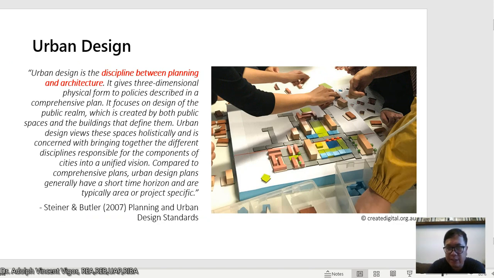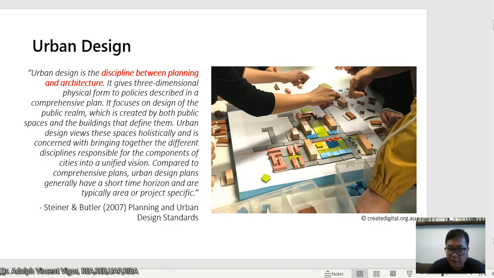So what is urban design? According to the definition by Steiner and Butler, urban design is the discipline between planning and architecture. It gives three-dimensional physical form to policies described in a comprehensive plan. Because, guys, the comprehensive plan are just policies. So with urban design, you're going to already give it a three-dimensional